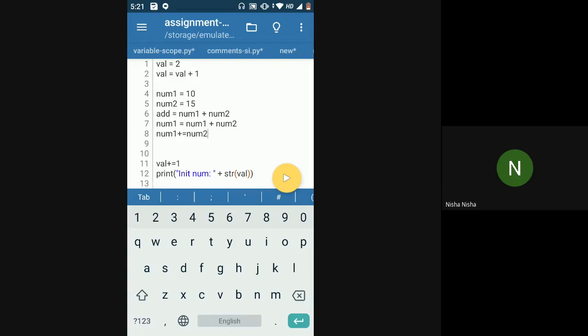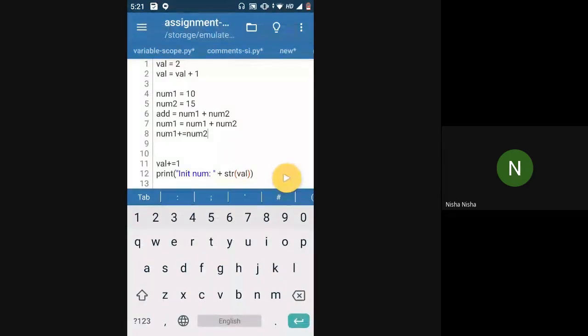But in line number 7 you are taking the value of num1, adding it to the value of num2, and putting the result in the num1 variable itself. You're not taking another variable called add, you're putting it inside the same variable that you already have. Num1 is what you already have, right? So you're just taking this addition value and putting it inside the num1 variable only.